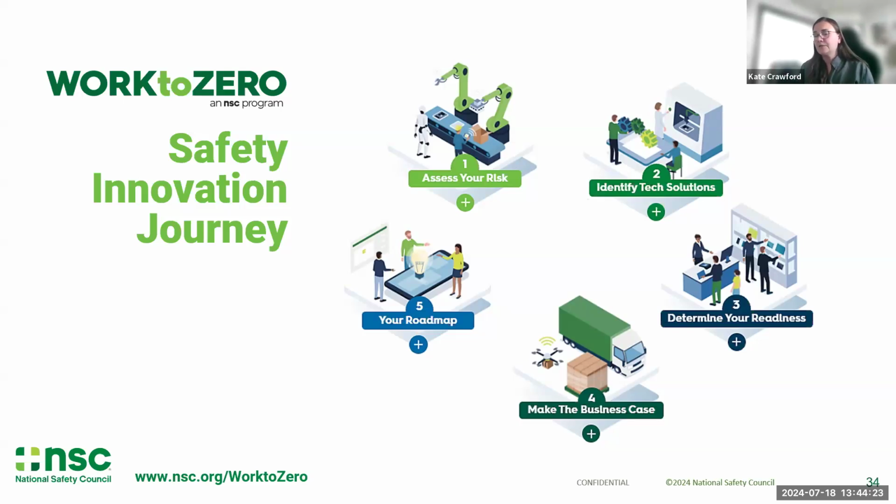Digital readiness. That was a barrier that we saw from the poll, right? A lot of people said it's just the organizational mindset, readiness. We're just not ready to do it. We try to create resources that really focus on how you prepare for this. What kind of questions do you ask? How do you engage all your stakeholders? How do you engage your workforce? How do you engage your partners? What kind of questions do you need to ask your solution providers to make sure that you're ready to kind